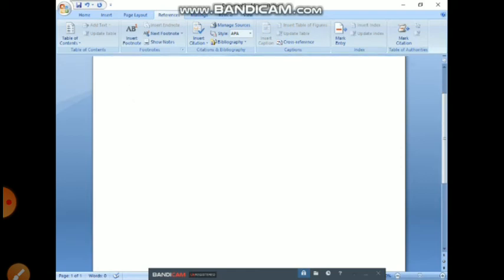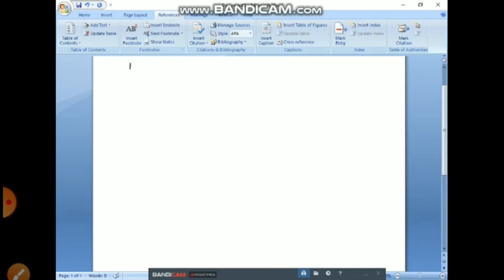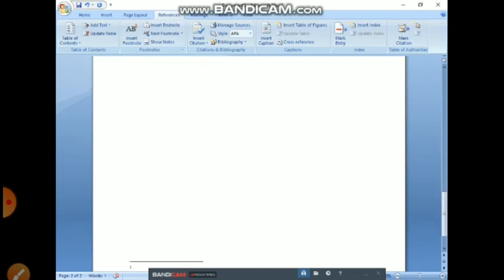Basically it is also additional information, giving the reference names of authors, etc. The basic difference between endnote and footnote is that the endnote appears at the end of the document and the footnote appears on each page of the document.